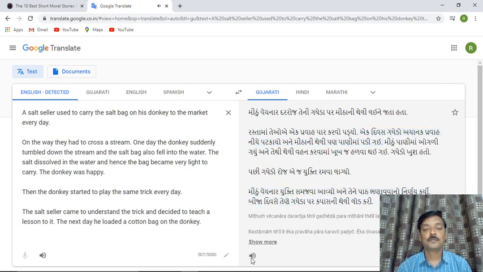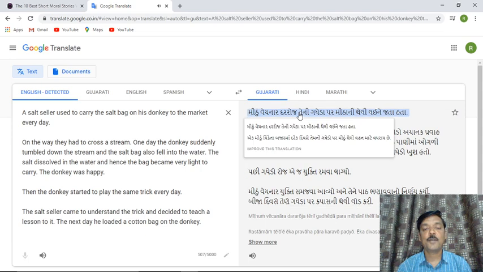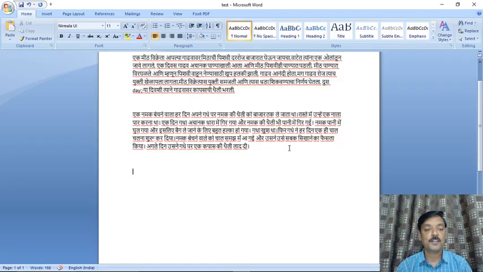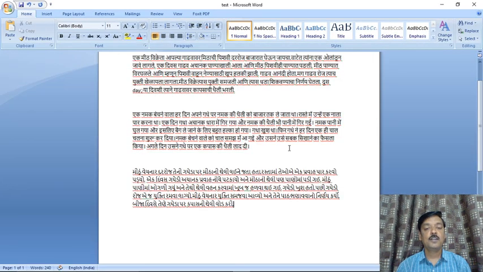Again I'll click on the paragraph. It is saying improve the translation. Again, Control A, Control C, and you can paste it. So what I'm saying is, you can not only make a translation, you can make a copy of that text and place it and format it as per your need. So this way you can use this Google Translate tool.